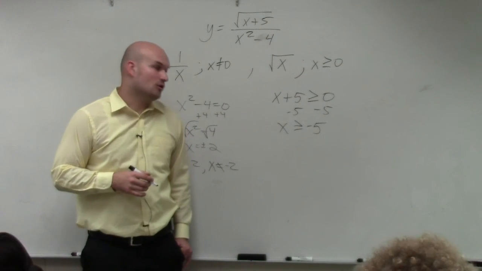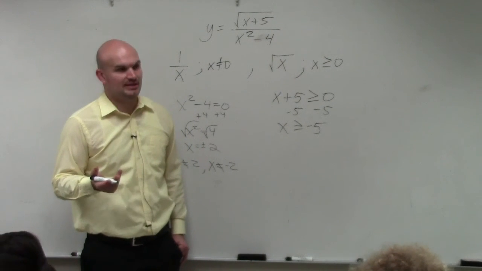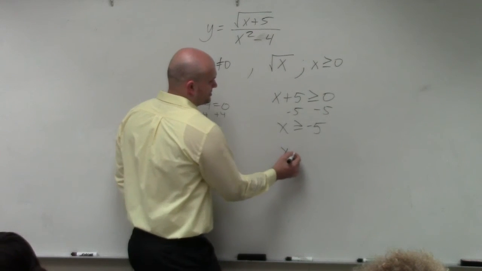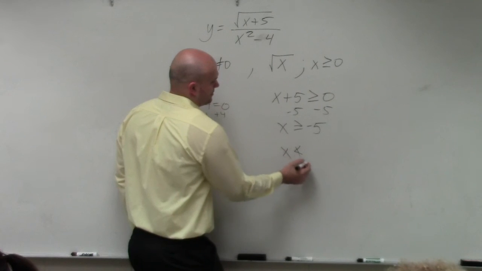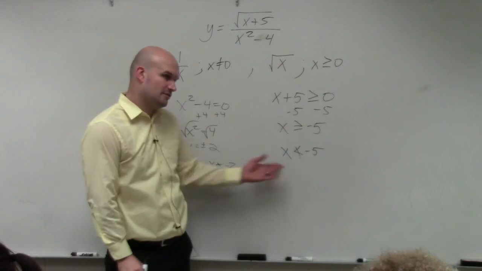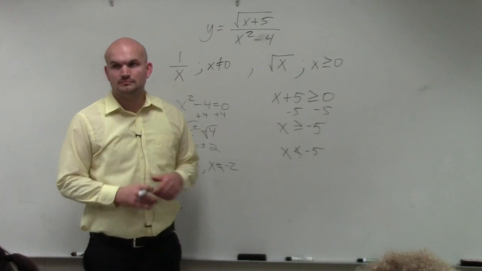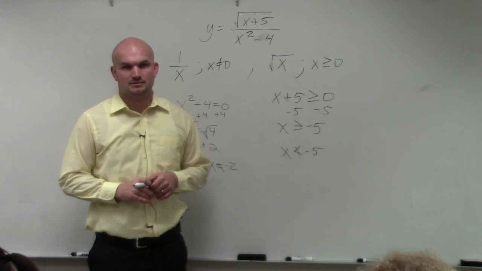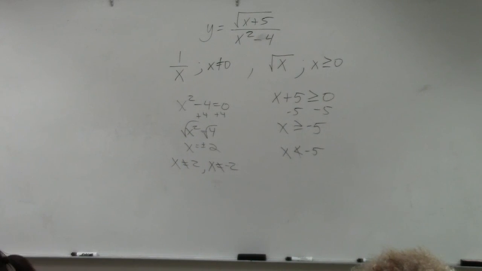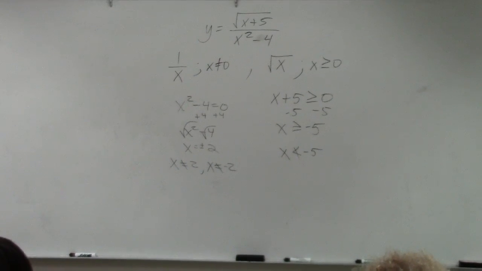Or we could say x cannot be less than negative 5. Does that make sense? OK, now usually I think I got most people on that side. Where I lost you was writing it in